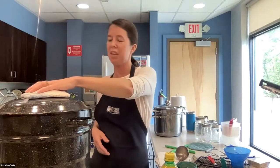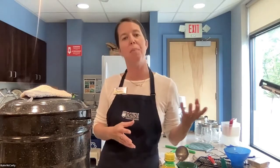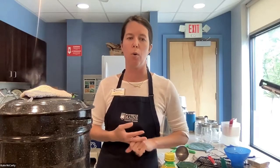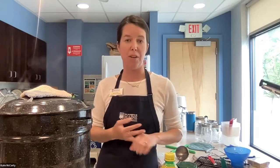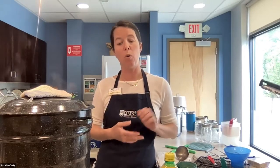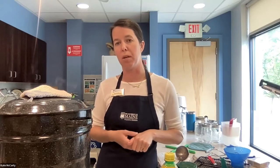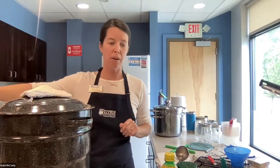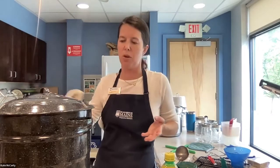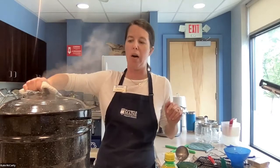And then for this particular recipe, when you've peeled all your tomatoes, that's when you could pack them whole into your jars and add water, or crush them down until they make their own juice. You could cut them in half and can them in water, or you could do the crushed tomatoes, which is what I'm going to show you. So for crushed tomatoes, you quarter up, the recipe says 1/6 of them. So I just do like a layer on the bottom of the pot